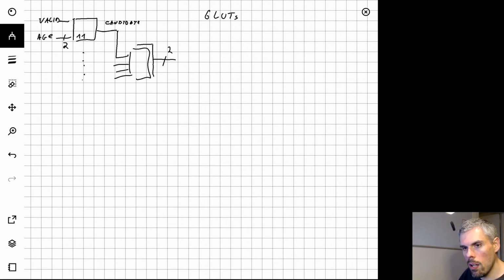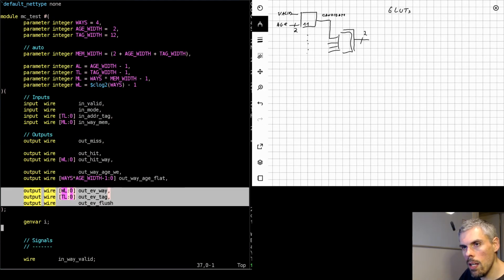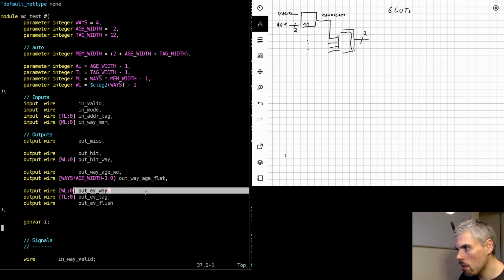The next value that I need to generate is, okay, if I need to, for the way that I picked, if I need to actually flush it and the tag of that. So essentially the tag, the output here, I'm gonna use that to drive a mux, 4-to-1 mux,